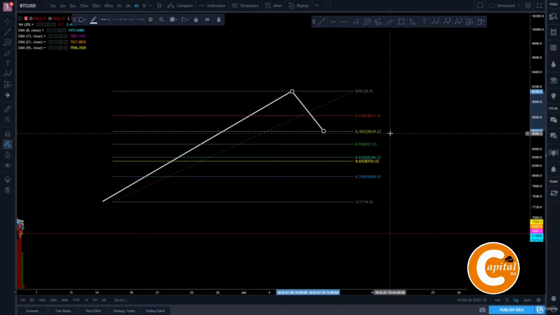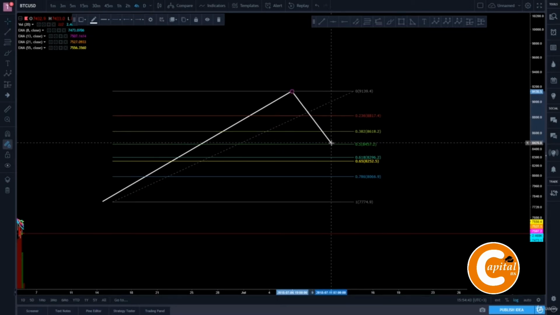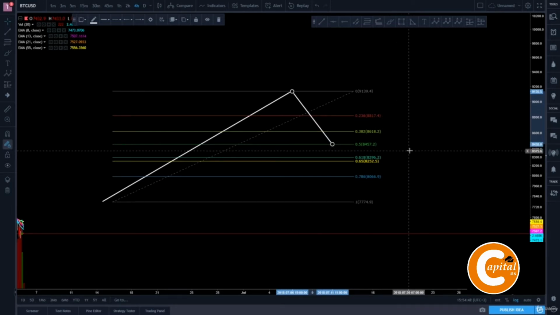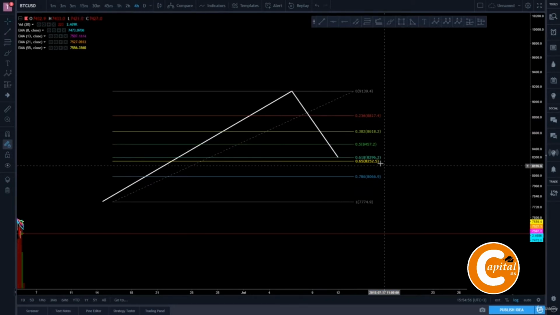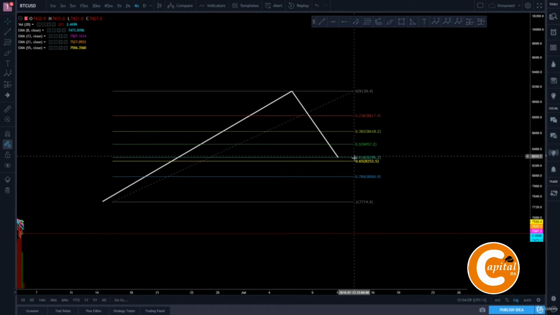Support region, and this one as well is a level which will hold in a very bullish market. A more decent retracement level is the 0.5 or 50% retracement, where there is a stronger chance of a bounce from this fib level. Okay, so now we are at the 0.618 fib region, and this one is a very special fib level right here,